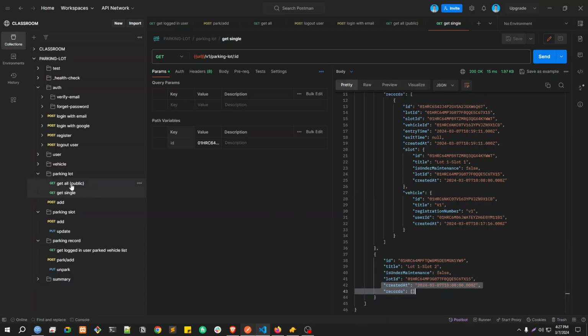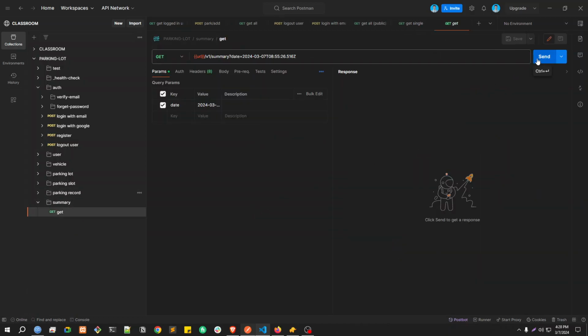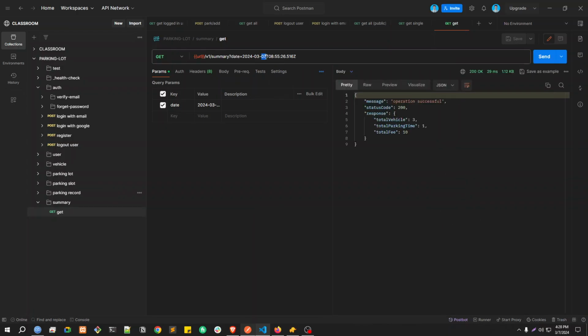Okay, that's one thing. We have seen this API, parking lot done, parking slot also done, parking record, get logged in user, park and unpark is also done, and we can finally see the summary based on the date. Currently today's date I have put here. You can see total vehicle is 3. So till now 3 vehicles have been parked today. 2 are currently in parking, and 1 was parked and exited from that